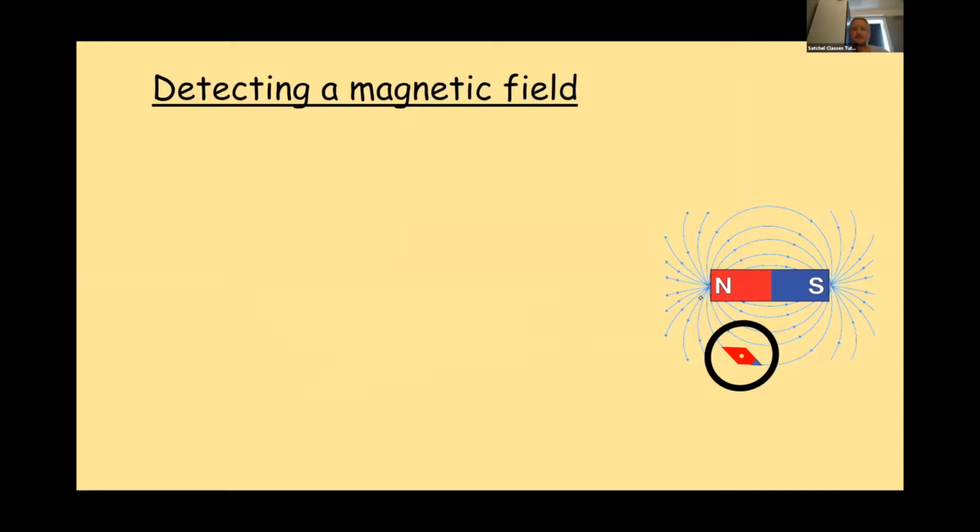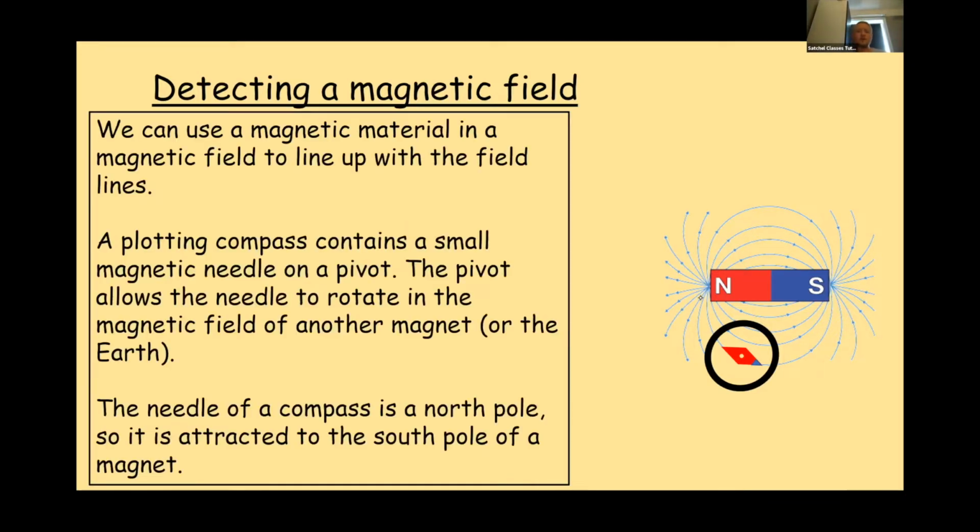Detecting the magnetic field then. We can use a magnetic material in a magnetic field to line up with the field lines. Plotting compass. You may have had one of these out of a Christmas cracker or out of a party bag. A plotting compass is essentially a small magnetic needle, made of iron usually, on a pivot. The pivot allows the needle to rotate in the magnetic field of another magnet, or in fact, in the Earth's